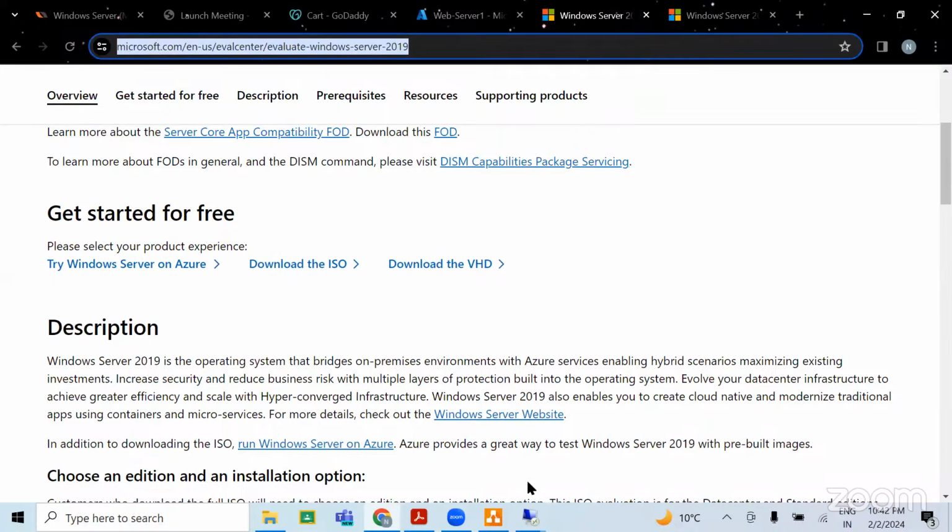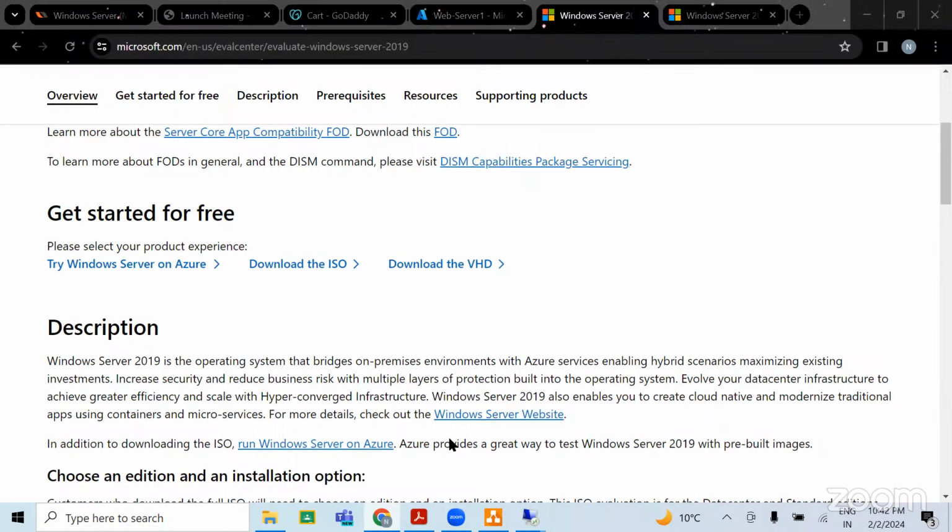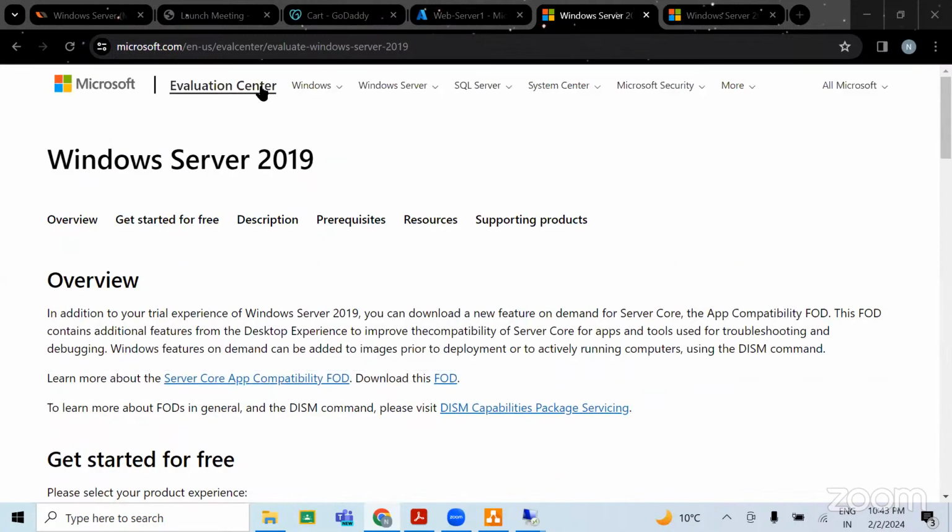Just please download it in your machines, if you want to configure the labs in your own laptop. So this ISO image you have to download. Along with it, you will need one client machine also. The choice is yours. If you want to work on Windows 10, you can download the Windows 10 version, or if you want to work on Windows 11, you can download the Windows 11 ISO also. You will be able to get it under evaluation only.